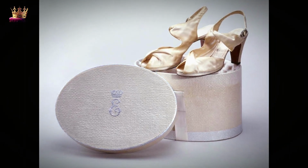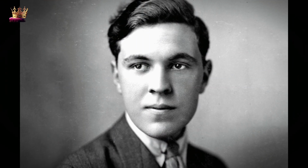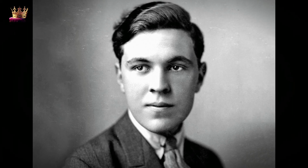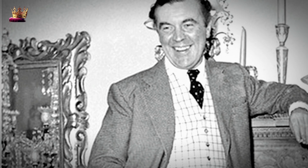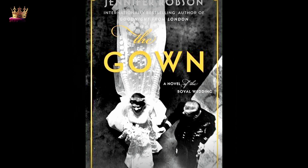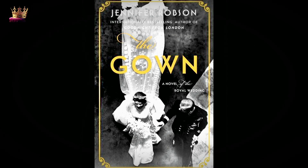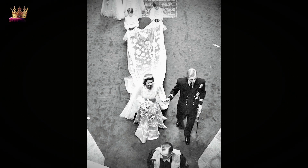Over the course of 7 weeks, 350 women labored to create the wedding gown for the young princess. Norman Hartnell would later describe the gown as "the most magnificent dress I have ever made." You can read about it in the book The Queen's Dress by Jennifer Robson, whose fictional character Anne is one of Hartnell's embroiderers. And real-life embroiderer Betty Foster confirms one scene in the book, in which Norman Hartnell, upon completion